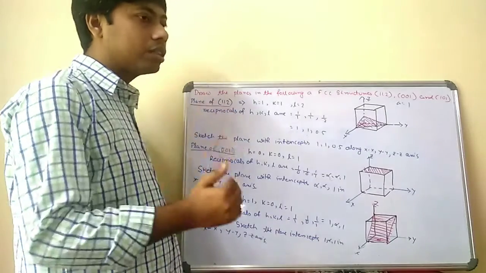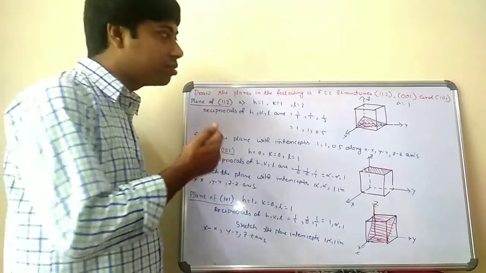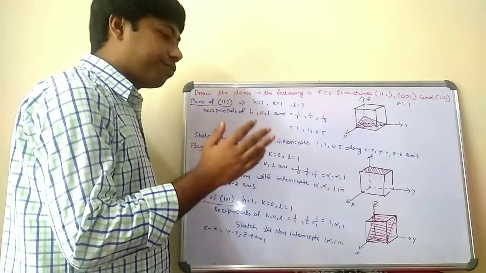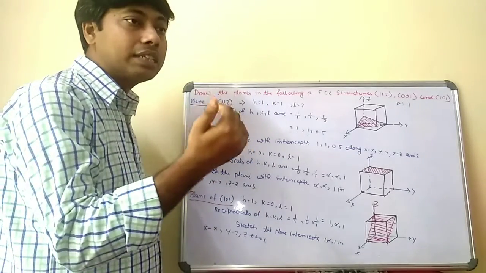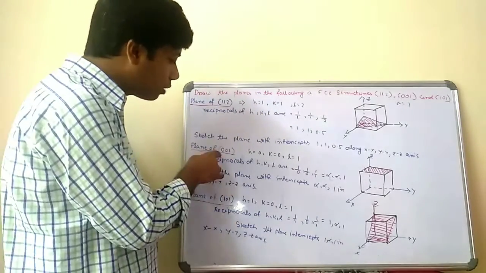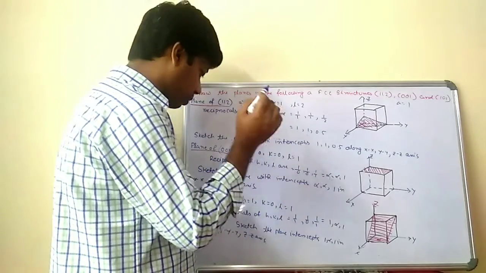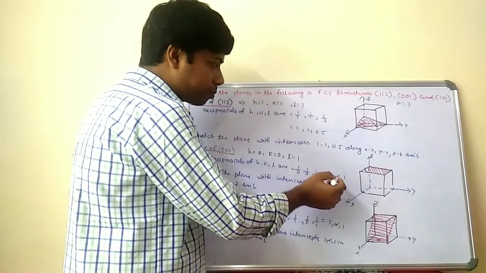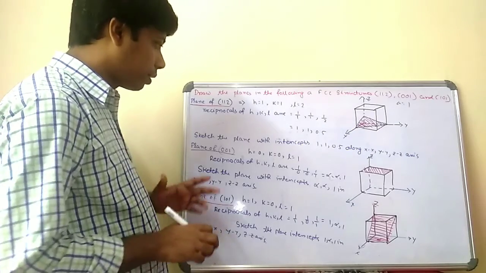Similarly, if you draw the plane of the middle indices that is given to you, that is 0, 0, 1, that means h is 0, k is 0, l is 1. Firstly, you have to take the reciprocal of the HKL values, which gives the intercept points on the x-axis, y-axis and z-axis. For the plane h0, k0, l1, the reciprocal is 1 by 0, 1 by 0, 1 by 1. That indicates infinity, infinity, 1.